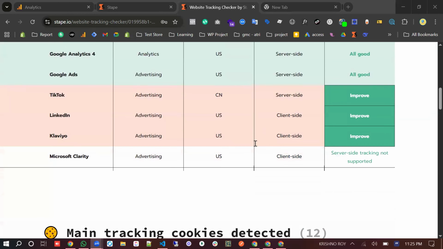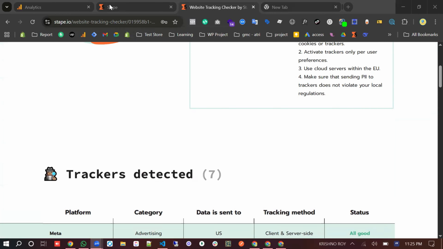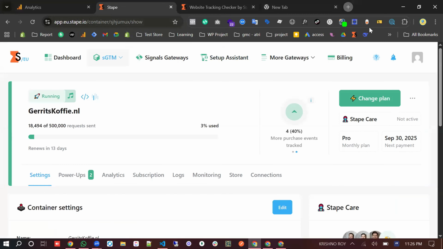Okay, so how can you check? First of all, you need to go to Google step.io. Open the Chrome browser, take a new tab and search in the browser for this website. Here you can see how many ad blockers this server-side tracking overcomes. If you just hover over it, sorry,